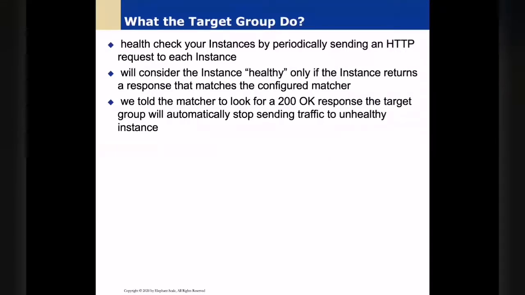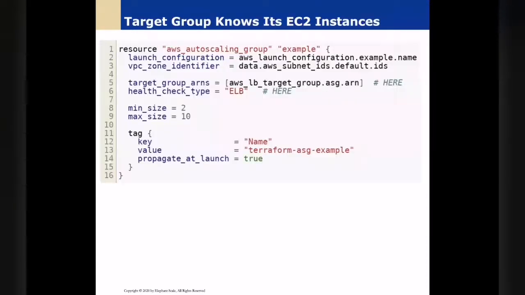Now, the target group checks the health periodically and verifies that a particular instance is good. If it becomes bad, we will get a warning. We'll drop that one and start another one, assuming that the problem is really just the load. And we'll start sending traffic to the other one. The load balancer will be sending it to the other one. So now the target group knows where its instances reside.